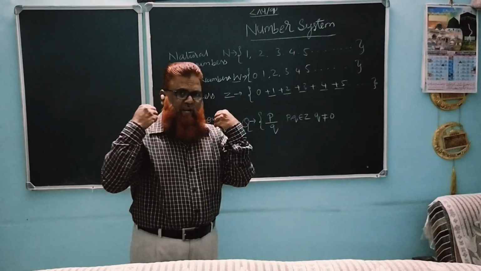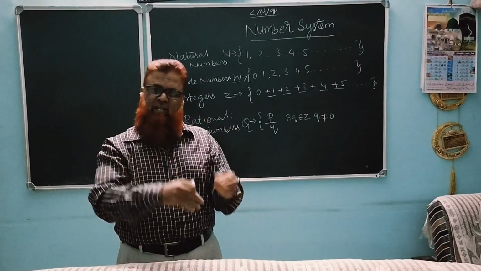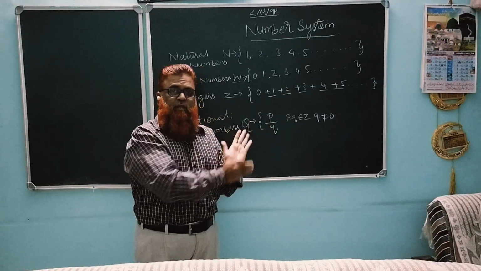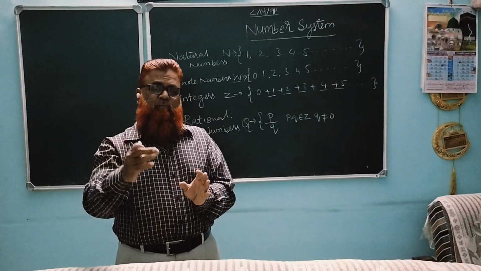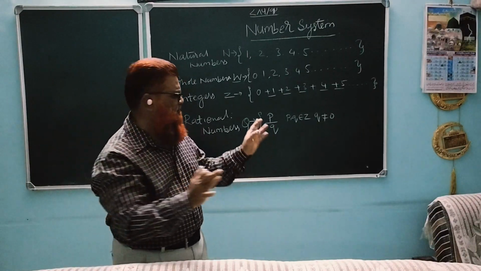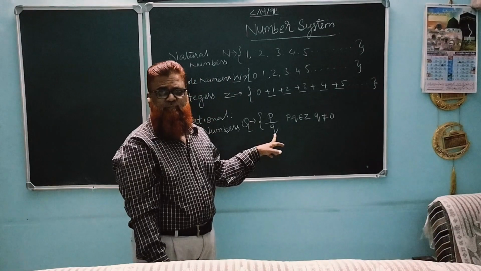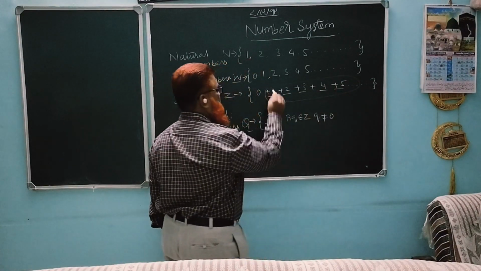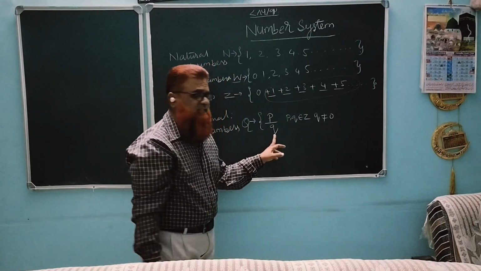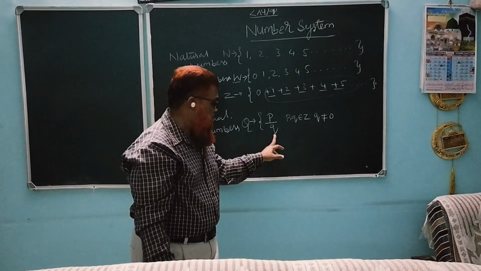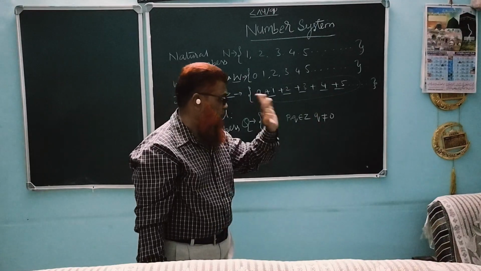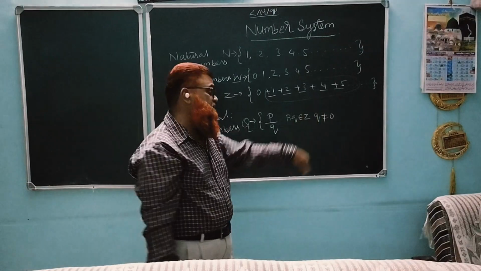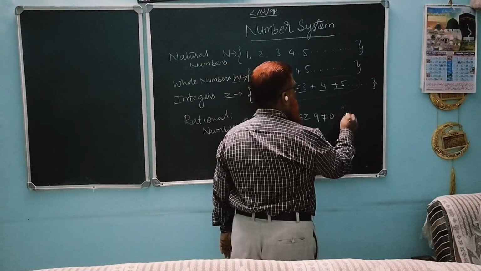P is allowed to represent any numbers including 0. In the upper part where the p is, you can represent any number: 0, plus 1, minus 1, plus 2, minus 2, whatever it may be. But for the q, you have to take only these positive and negative numbers; it is not permitted to take q as 0. And in the p by q form, p and q belong to Z, q must not be equal to 0, then this is called a rational number.